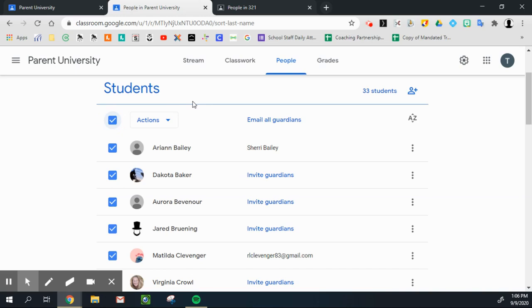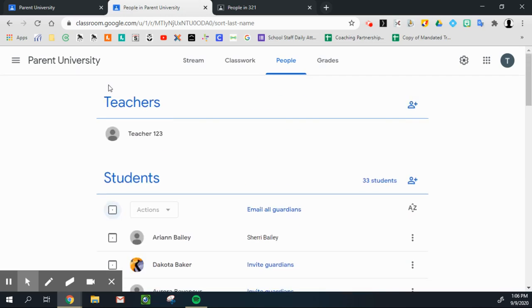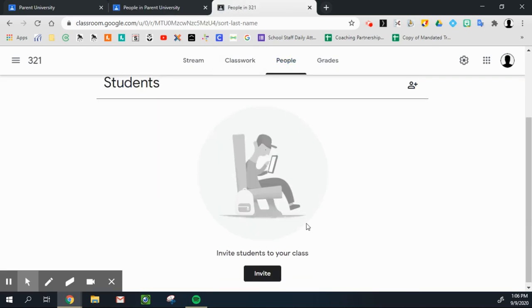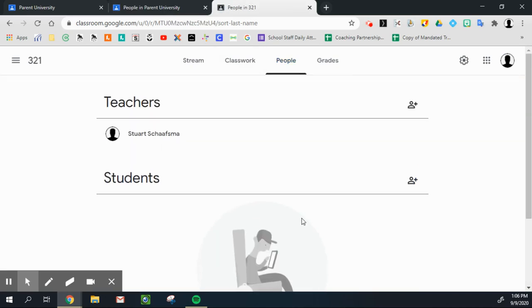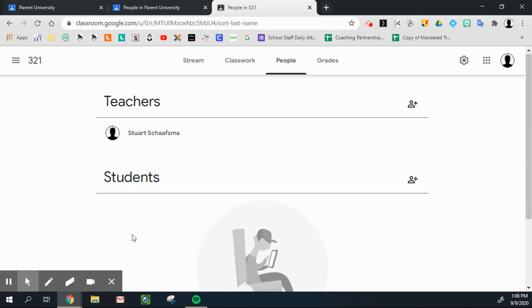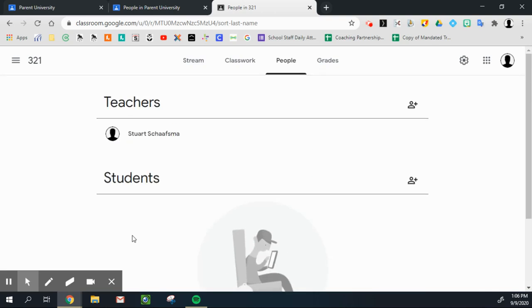So you can remove kids who aren't supposed to be in there. Now, if they have your class code, they could just rejoin. So now we want to prevent that from happening. So go in, check for students who aren't supposed to be in there, remove them, then go to the settings